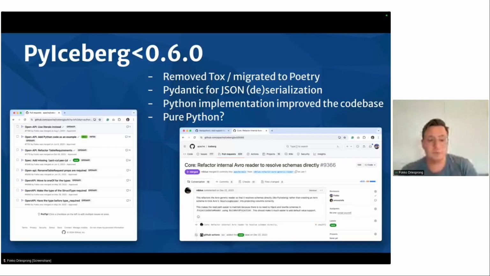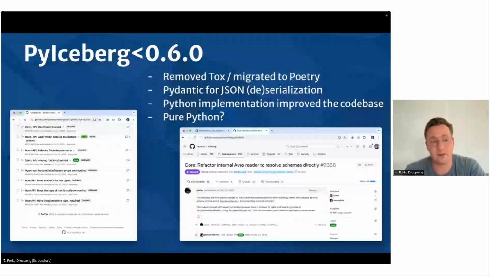So I always like to look back from a technical perspective, at some things that we did along the way. My personal favorite is the removal of Tox. Tox is a virtual env tool for Python. I think it's very obsolete, and we migrated to Poetry. Especially because Tox also relies very heavily on virtual environments, and personally I think you can just use Docker for that. It's a matter of taste, I would say. Also, Poetry has ways of setting up a virtual env, so I think this makes development a bit easier.